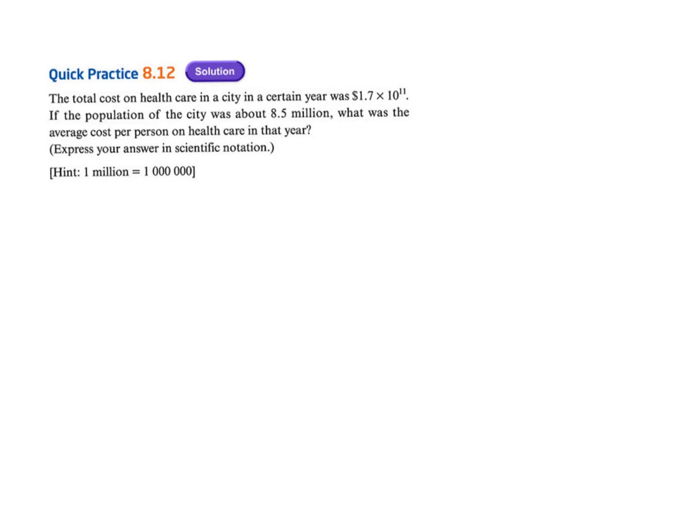Okay, quick practice 8.12. So here, this one is the application problem. Okay, 咁睇下條題目講咩啦？The total cost. Okay, so this one is the total cost, and then the population is 8.5, and then the question asks you to find out the average cost per person. So once again, if you do not know